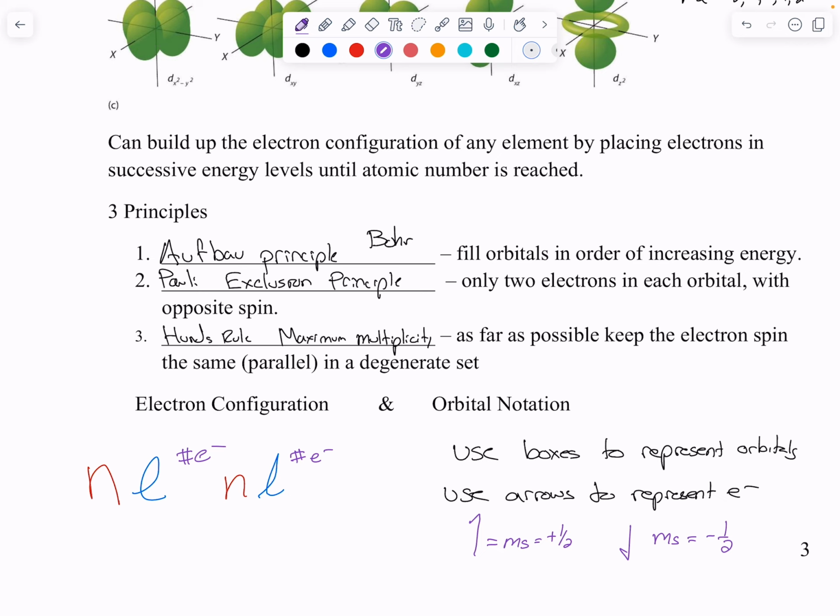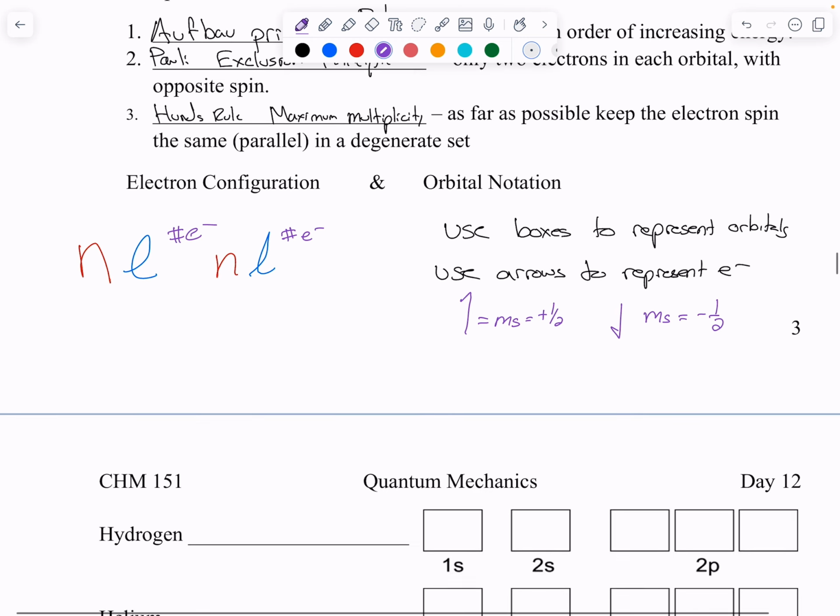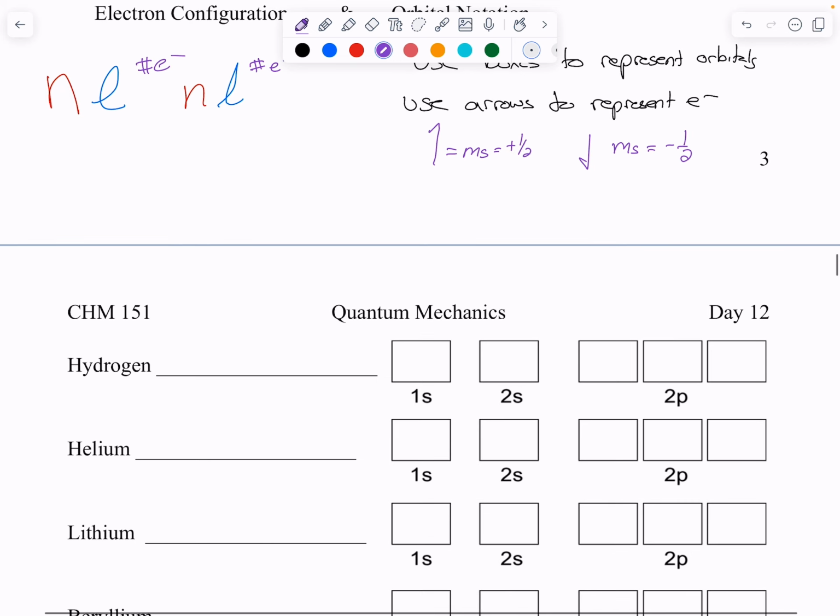All right, so now we have all the tools to start putting these into electron configurations. We're going to start right with hydrogen, so make sure you have your periodic table ready to roll. We're going to go through the first 10, and then we're going to be done with this part, and we'll do more electron configuration practice next. So the first 10, hydrogen. Well, hydrogen is in period 1. So you got period 1. If you look at period